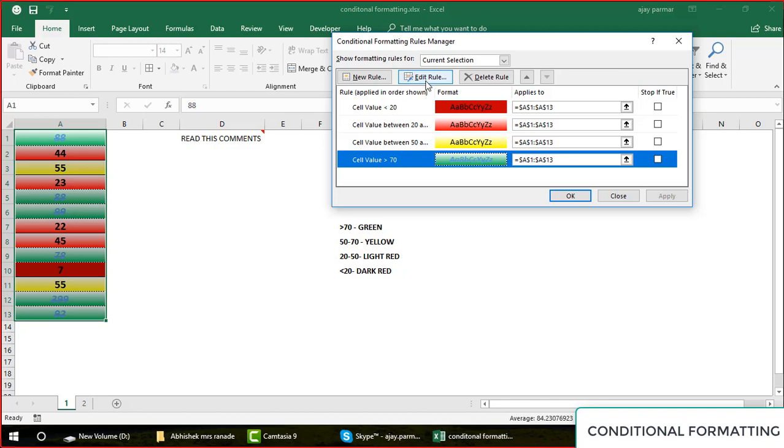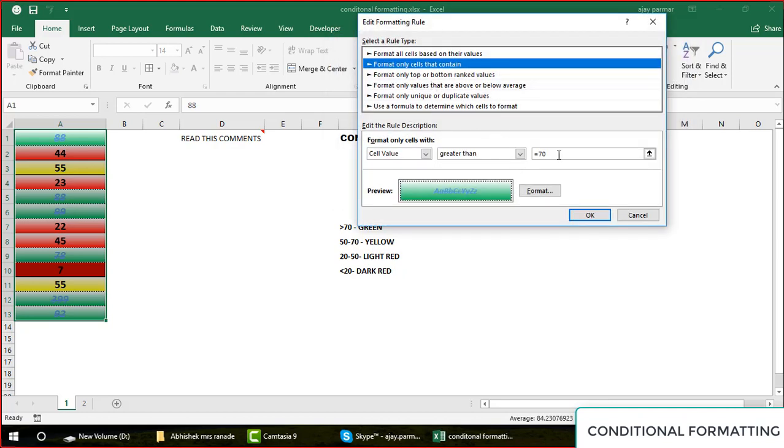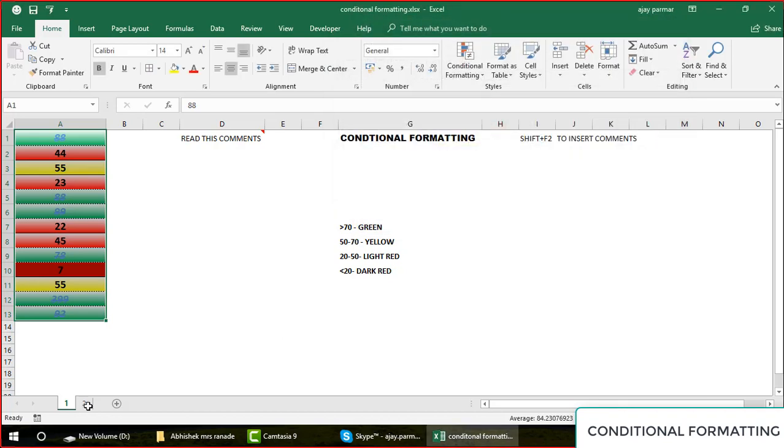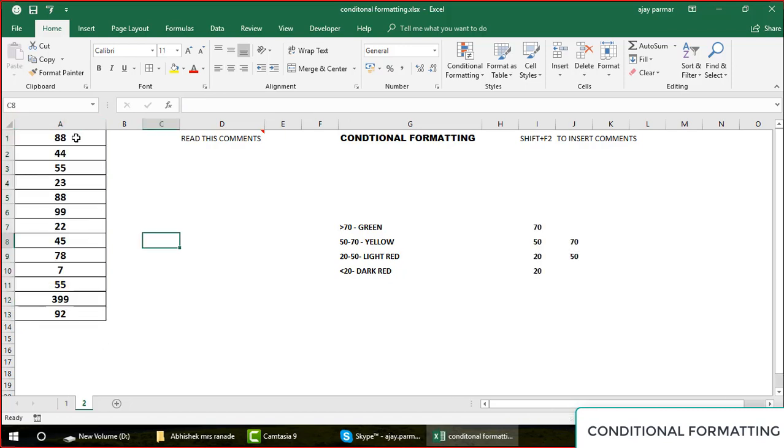You go select this cell, go in the edit rule, and now you say here I want this greater than 80, so you will go and change this to 80 and then click OK. Or if you want to give some different color, then you go in the format and you can do that editing. Instead of doing that, what we are now trying to do, we are going to link the conditional formatting with the Excel cells so that we don't have to go inside the conditional formatting. This is another way.